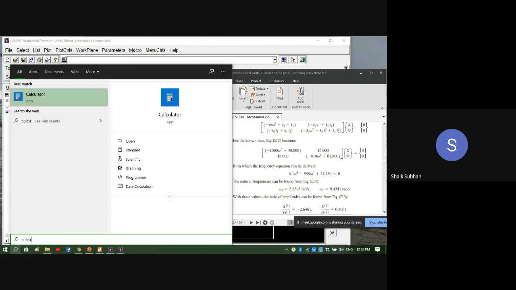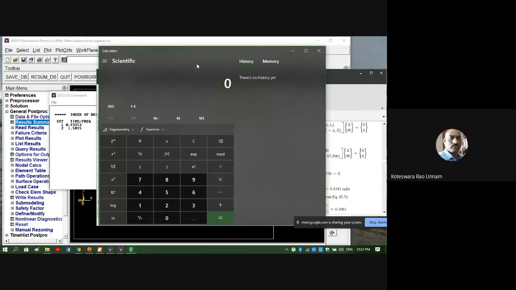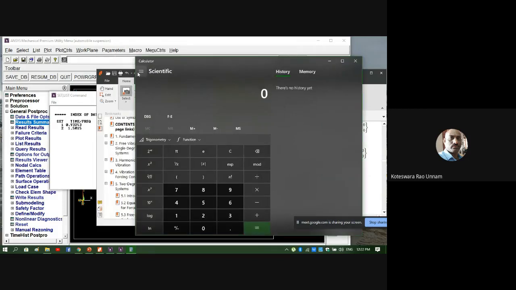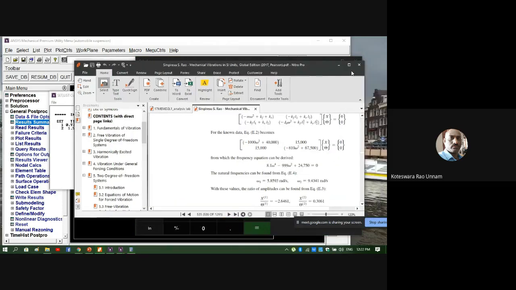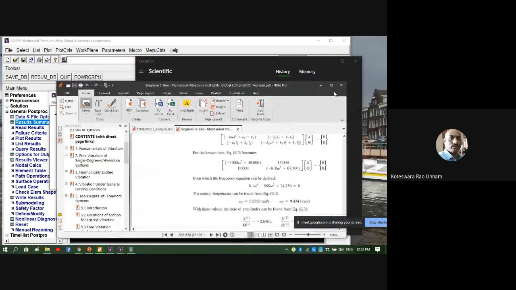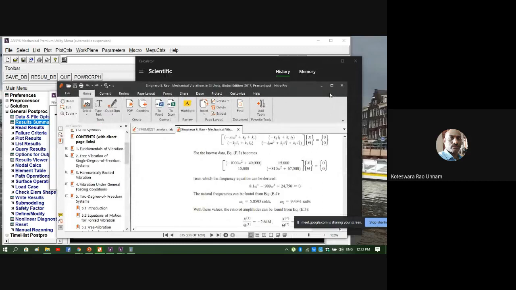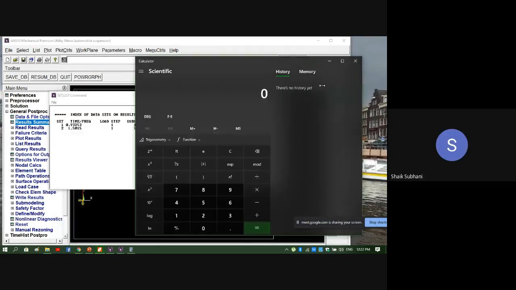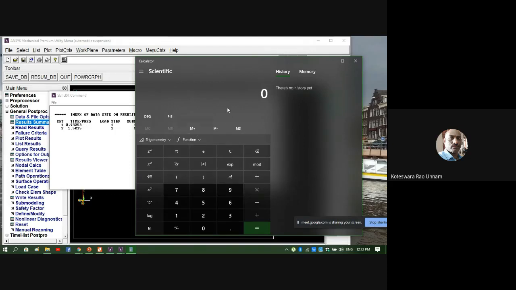The formula is omega equal to 2πf. So first I'll compute the omega value using this f value.